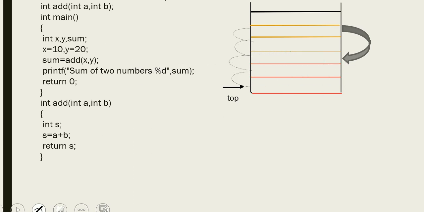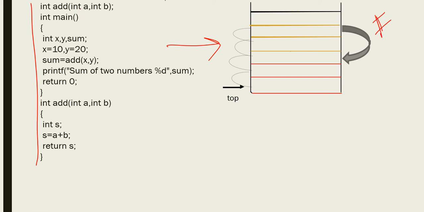Now, function call in stack. There is a small piece of function which I will explain, showing how it works in the stack. This is a function for addition. I told in my previous session that whenever there is a function call, stack will be allocated. Only when there is a function call, stack is allocated. See, first it enters main. Main is a function. First is the assignment, x is equal to 10, y is equal to 20.